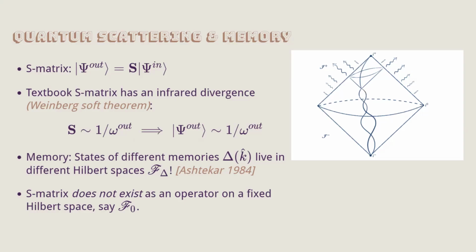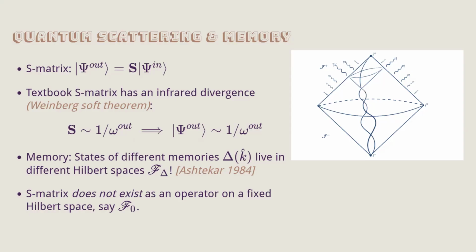I'm not saying there is no unitary map between these. I'm saying the scattering that takes you from one Hilbert space to another is not a unitary operator on a fixed Hilbert space. But if you can map two different Hilbert spaces with some transformation, then they are equivalent. Okay, so if I give you a Hilbert space of some dimension, it's always equivalent in that sense to some other Hilbert space of the same dimension. That's not the question. The question is, are they equivalent as representations of the field algebra?